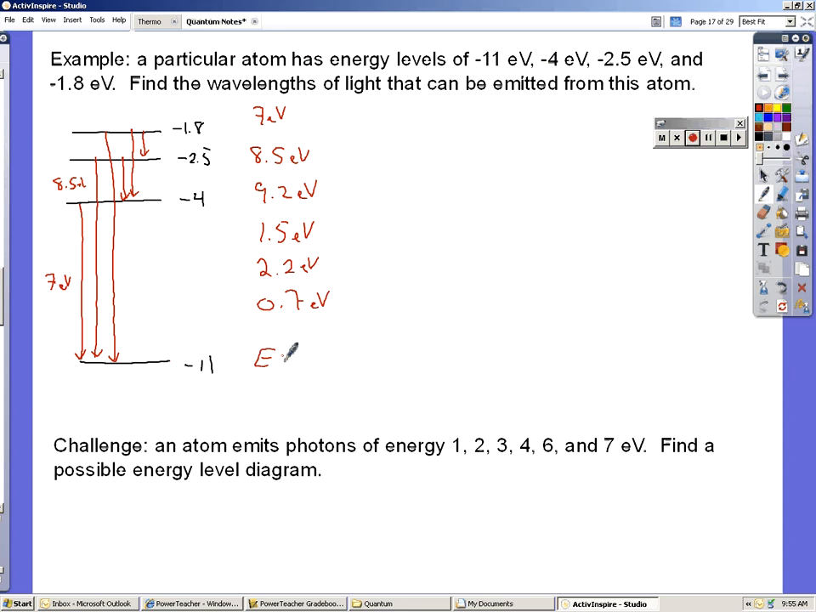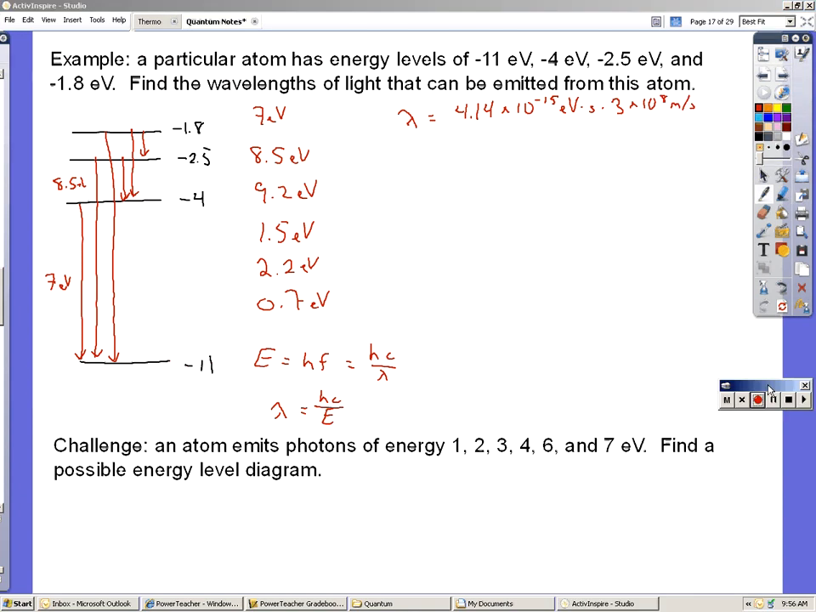Remember, energy equals hf, but frequency is c over lambda, and lambda equals hc over E. So for the 7 electron volt one, lambda equals Planck's constant. We're working with electron volts, so we use 4.14 times 10 to the minus 15 eV·s times 3 times 10 to the 8th meters per second, and divide by the energy, which is 7 eV, and that works out to be